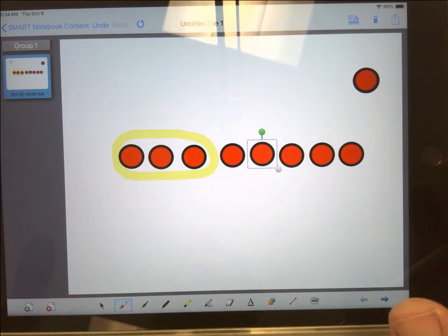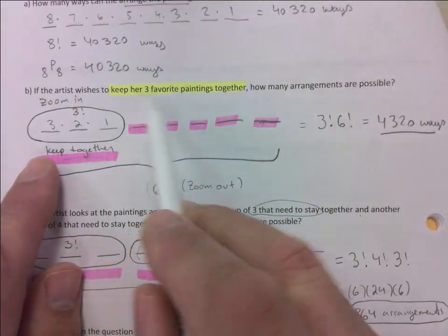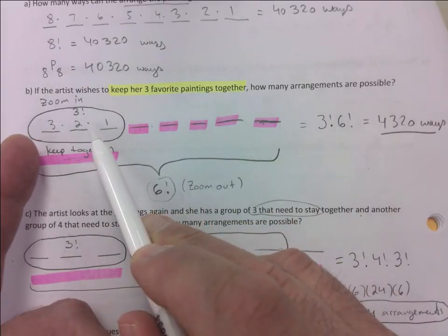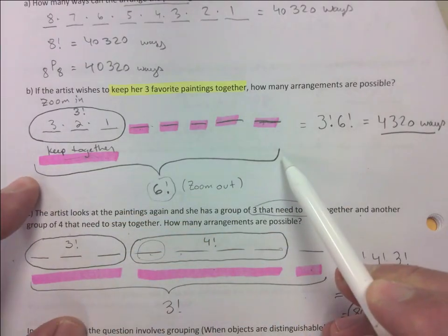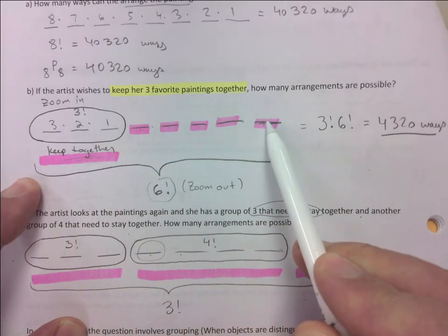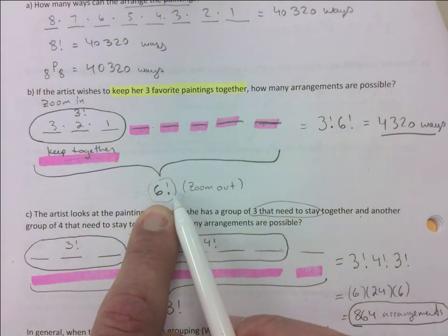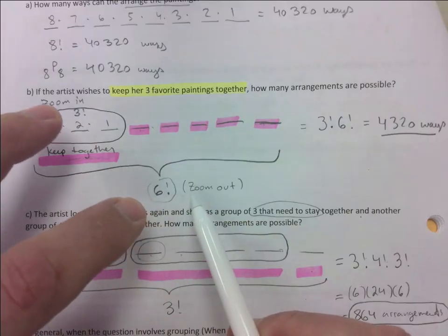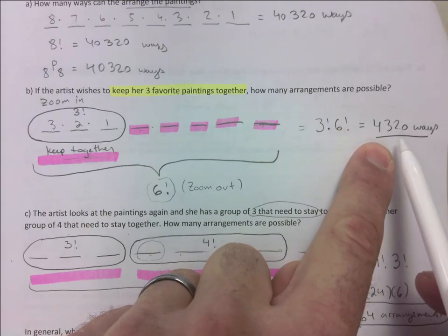Some of you were wondering what's with the whole zooming in and zooming out, right? So, for example, on page 17 here, we had 3 favorite paintings that need to stay together. So I went 3 factorial within it, and then I zoom out, and I count this as 1, right? 1, 2, 3, 4, 5, 6. There are 6 slots that can be moved. That's where I get the 6 factorial from. And so ultimately, you go 3 factorial times 6 factorial to get the total number of ways to rearrange those